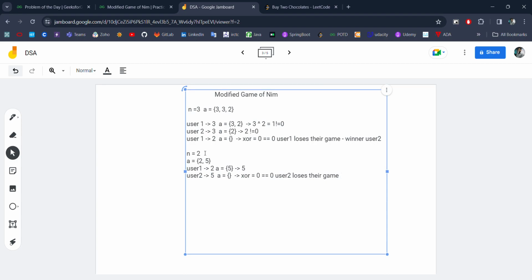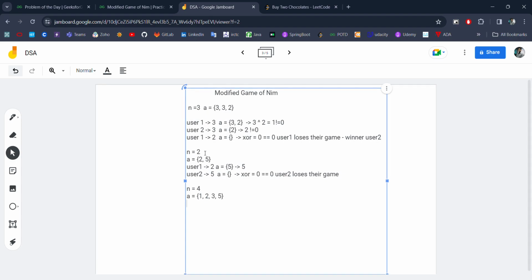And if we take another example of an even size array, like n equal to 4 and array elements 1, 2, 3 and 5.